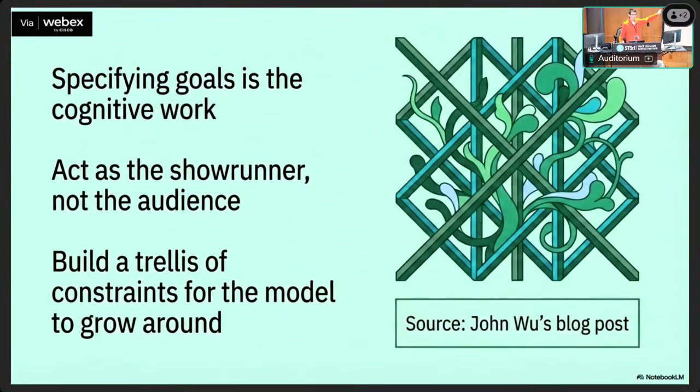John had a blog post about this a while ago, actually, and the idea is that you want to treat these things a lot like showrunners or a trellis, which I had to look up, this scaffolding in which things grow. You want to have some sort of backbone, and these AI systems can then fill in lots of these areas, but you want to be very careful about how you do that. I also will note that I asked the model, because I had the link, to please cite John Woo's blog post, and that's what it did, which I thought was very funny, so I kept it in. But he does have a blog post on this, which I think is nice and links to the original source material.